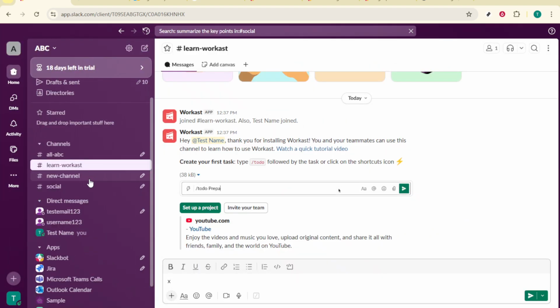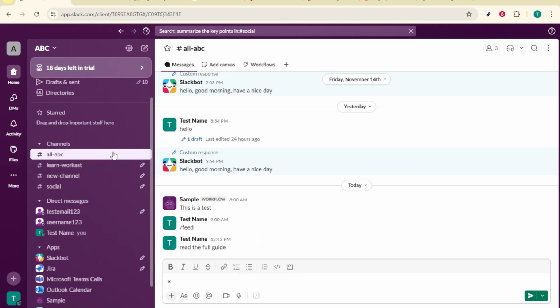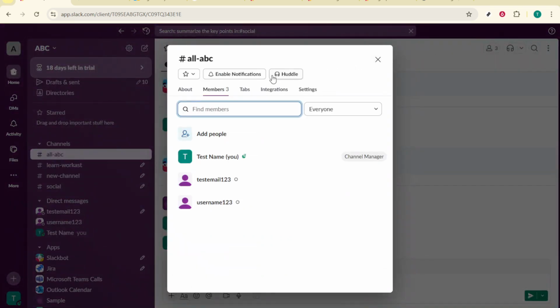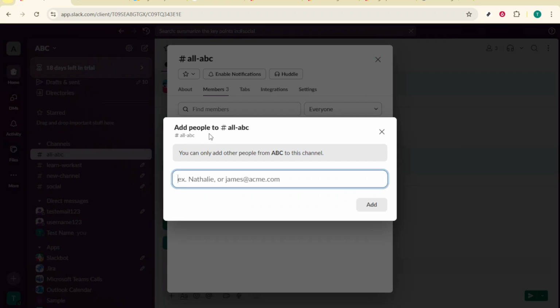Open the channel where you want to collaborate. Tap or click the channel name at the top to open its details. Choose Add to bring in a new participant. Enter the person's email address, then select the option that indicates they're part of an external organization. Send the invitation. From here, Slack will notify the recipient, and depending on their company's settings, an admin on their